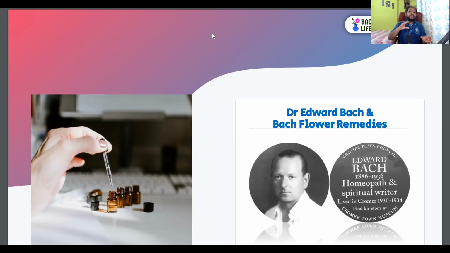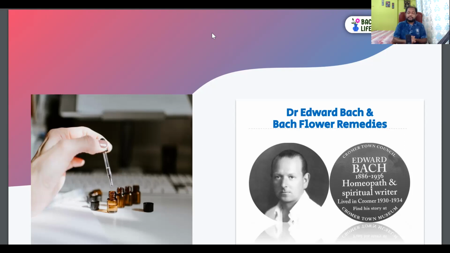So they discovered in this journey 38 flower remedies, which is really amazing, incredible in terms of the benefits which they have found, and they converted them into remedies. We are going to see how they have converted them into the remedies. So these remedies are beneficial in terms of healing mental stability, mental health, and emotional aspect of any human being, animals, and also plants. So they discovered these 38 remedies.